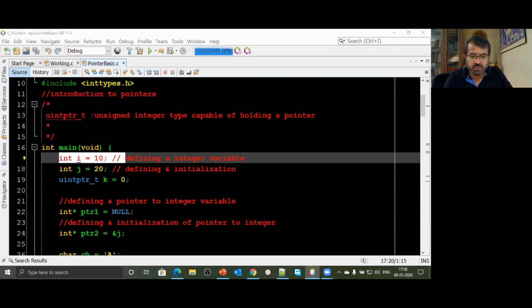When I write such a statement, what is going to happen? I have written a statement saying int i equal to 10. While we write this statement, what's actually happening in the memory? We are inside function main, so we are on the stack frame of function main. What's going to happen inside the frame of function main?